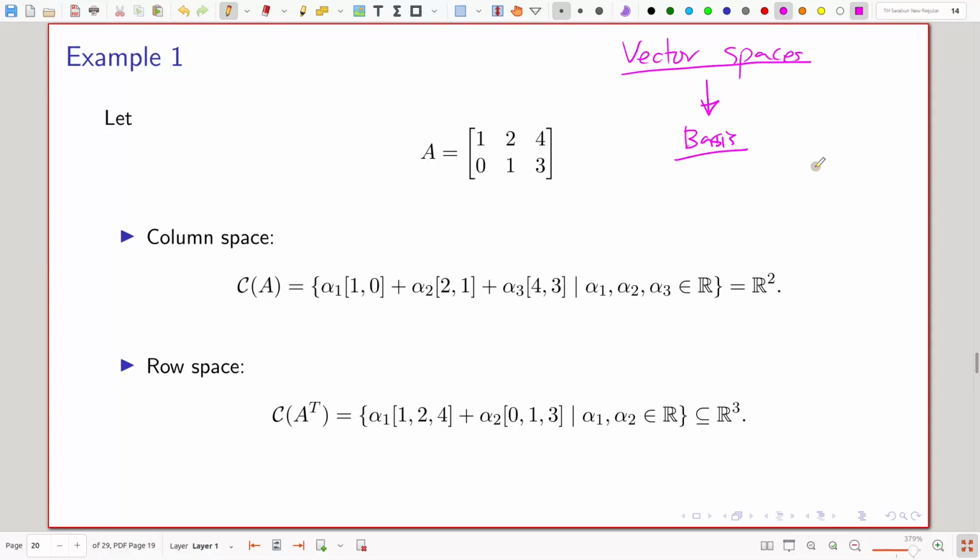We refer to it as a basis. In the vector spaces that we are interested in this course, they have a finite basis. There are some vector spaces that have an infinite basis that we won't look at in this course. So every vector space that we consider in this course has a finite basis. Okay, you have a set of vectors that can generate a vector space. So I'll give you the review on what the basis is, and also I'll give you the definition of dimension.